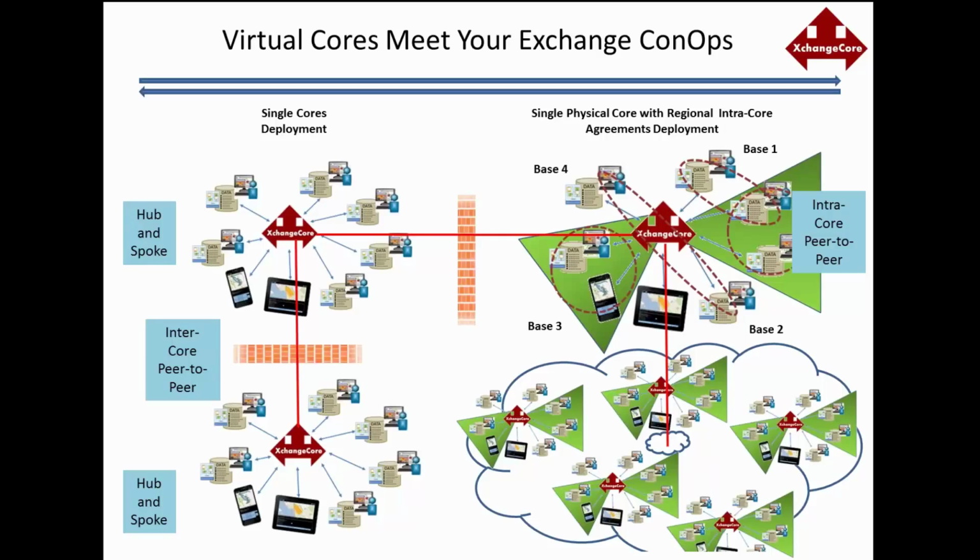Horizontal red line says I can still take that single core, connect it out to one of my virtual cores, and have all of that intra-core peer-to-peer exchange going on between applications or between groups or whatever it is that you want to have. And at the same time, all of that can go to multiple virtualized cores. So you have intra-core peer-to-peer, cross-core, physical core, peer-to-peer, within a single core, the hub and spoke relationship to bring everything in. So with that design, as confusing as it appears to be, you can't find any, I defy you,